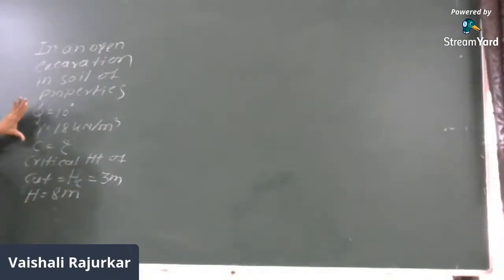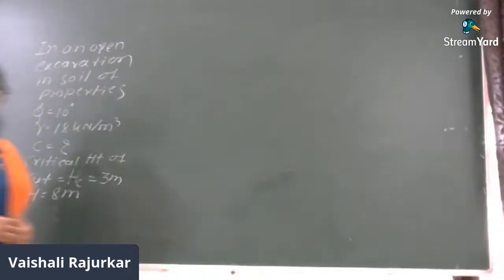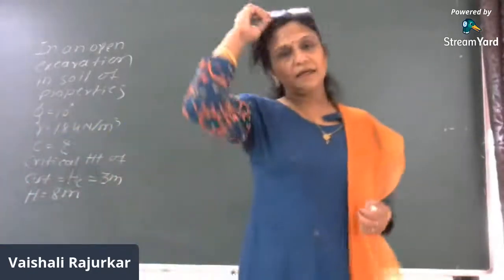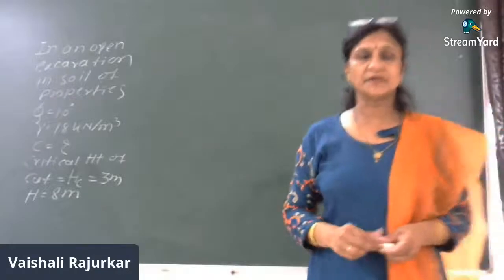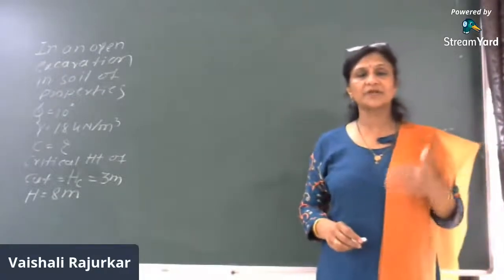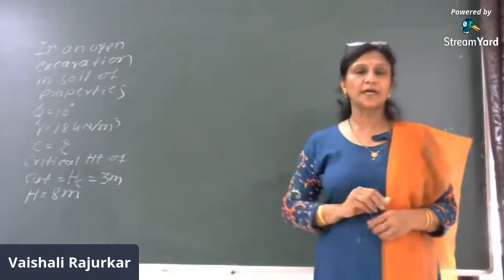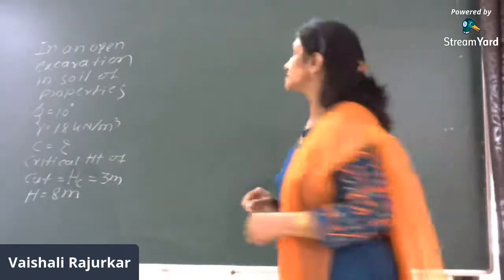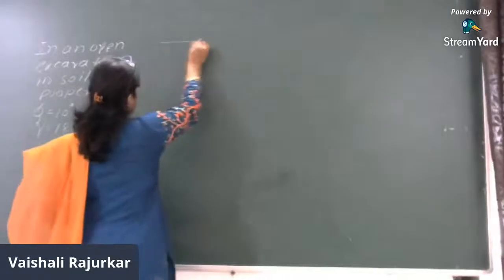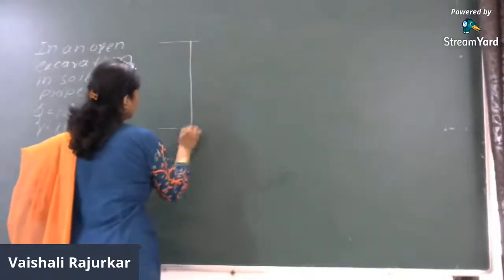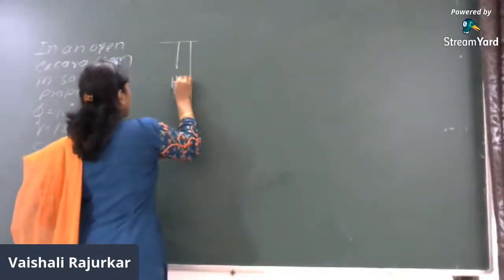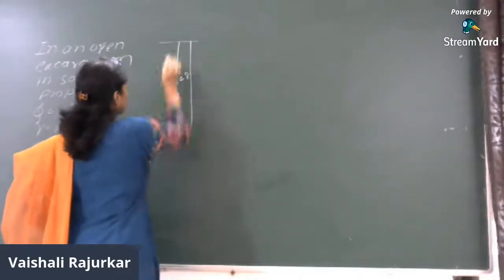The soil or the backfill behind the retaining wall is a C-phi soil where phi is 10 degrees. C we have to calculate and gamma is 18 kilonewton per meter cube. So in this numerical, the HC value is given. That is the unsupported length of the excavation or it is the critical height of the cut. Means HC is given. So what is the backfill? So here we will just consider this H is the height of the retaining wall, which is given as 8 meter,